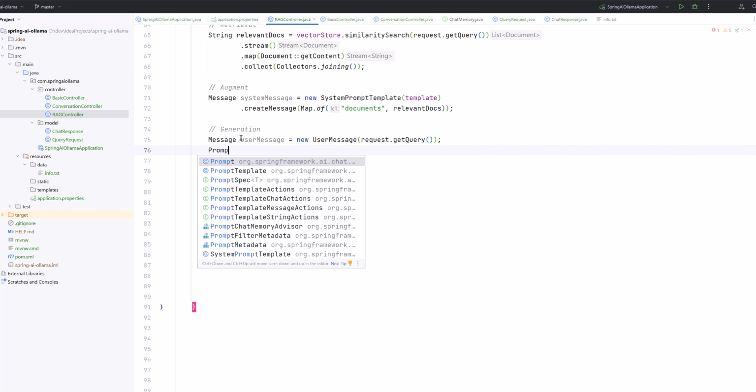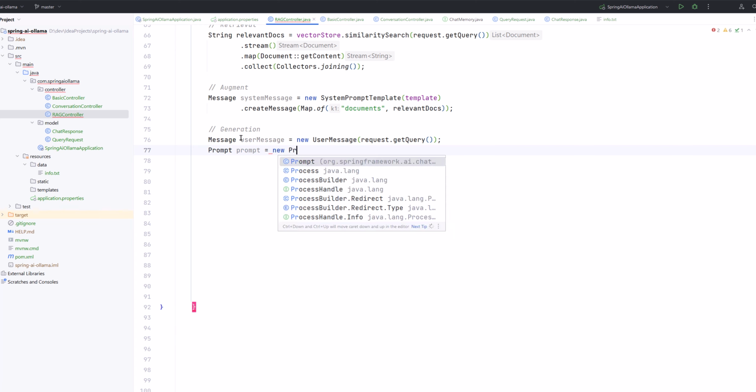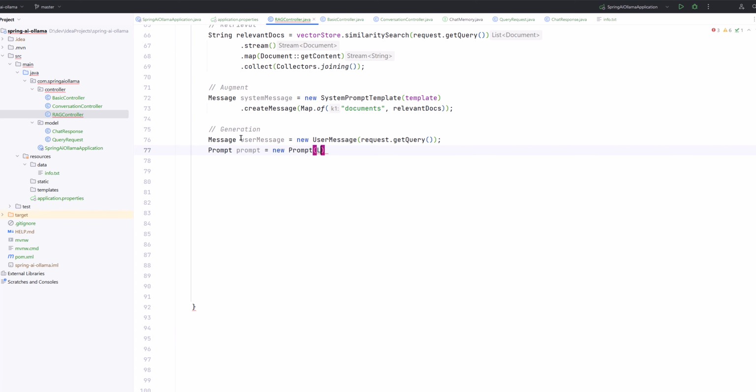Now we'll create a prompt having system message and user message. List of system message, comma user message. Let me import list.